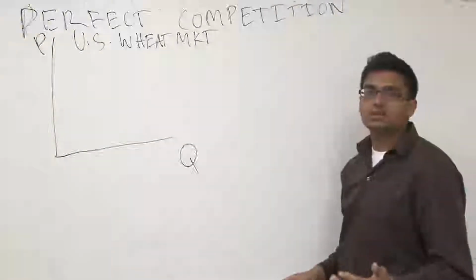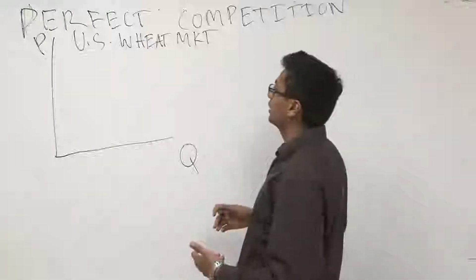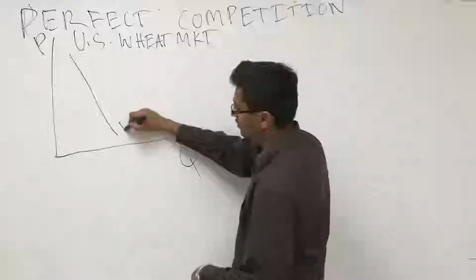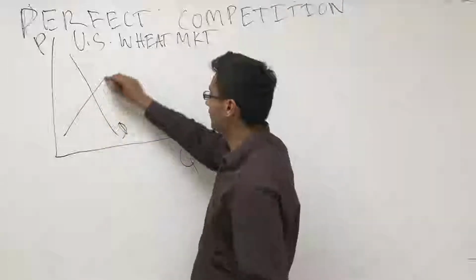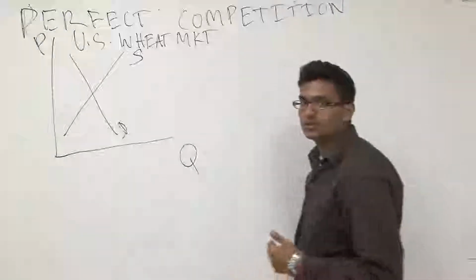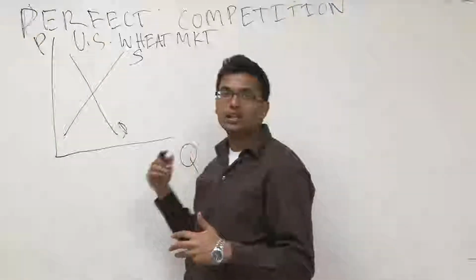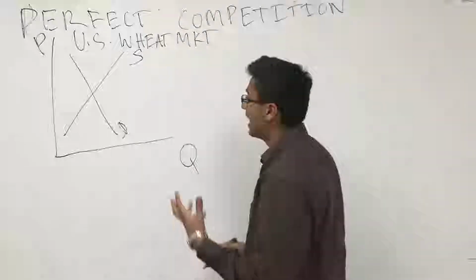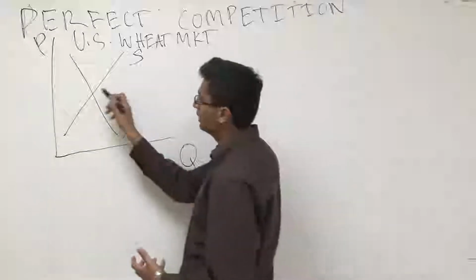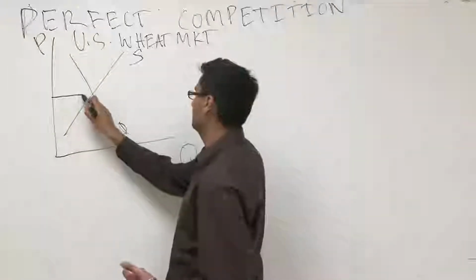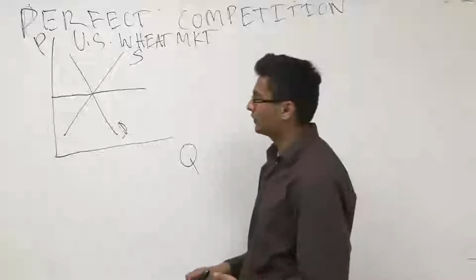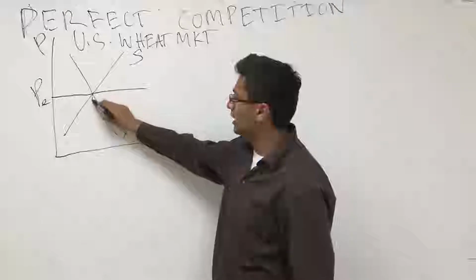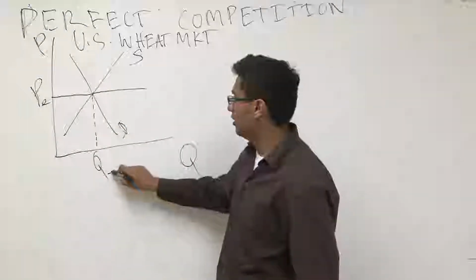Now, typically speaking, we've drawn these demand and supply graphs before. We typically have a downward sloping demand graph, and there's no exception here. An upward sloping supply graph, no exception here. The only difference is that in a perfectly competitive market, they're price takers. So the price is actually set by the market at a certain level. At this equilibrium where demand meets supply, the price is going to be set. We'll call this the price at equilibrium, PE, and we'll call the quantity where demand meets supply the equilibrium quantity,